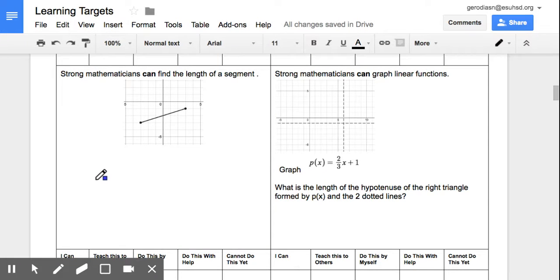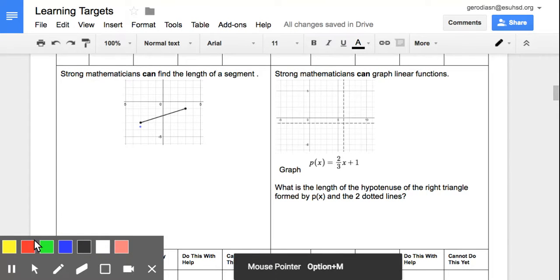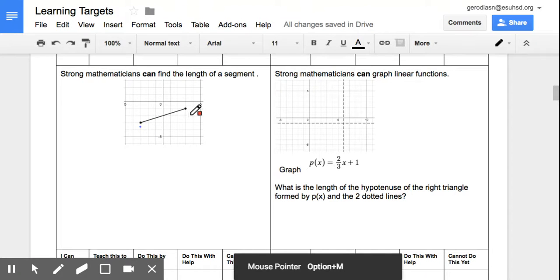Strong mathematicians can find the length of a segment. So we have here a line segment where one of the endpoints is at (-3, -3), and the other endpoint is at (3, -1). What is the length of this segment? How long is it? Okay, to find out the length of this segment, we need to